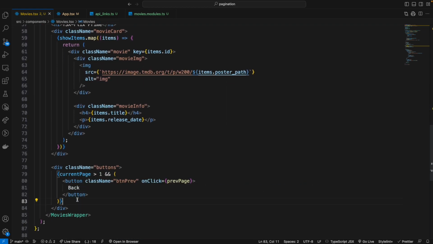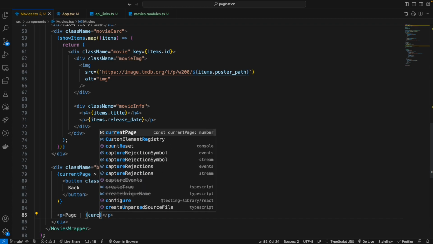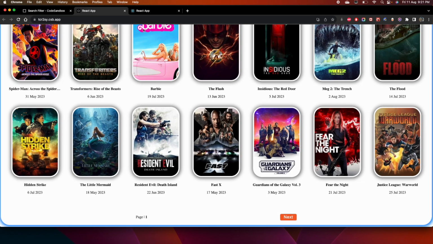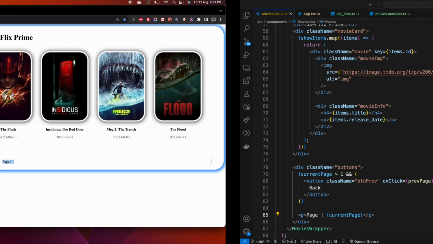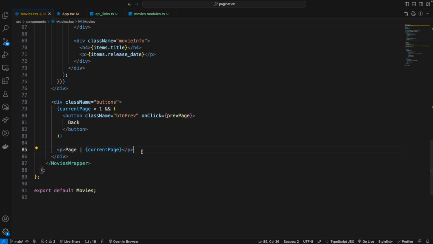So now we're going to come down here, we'll create the p tag for page, and let's get the current page. So we are now on page 1 currently, and here we can create the second button, which we are also gonna check if the current page is less than the total pages. So when you reach the final page, right, and then we just copy this button,